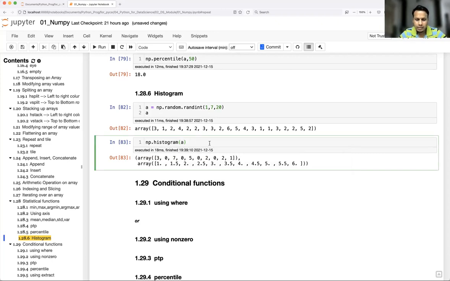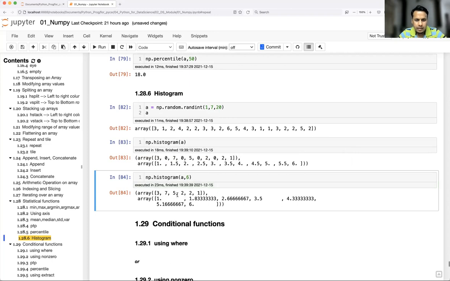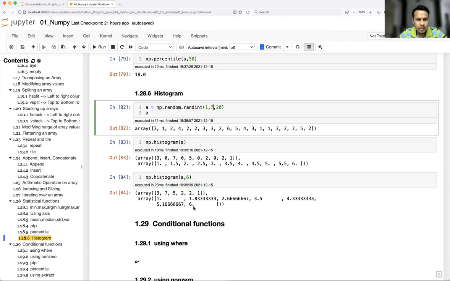So I can divide them into 6 different bins instead of 10. You will not see any number which is more than... let's see why it is giving 7. I think, yeah, that's okay.